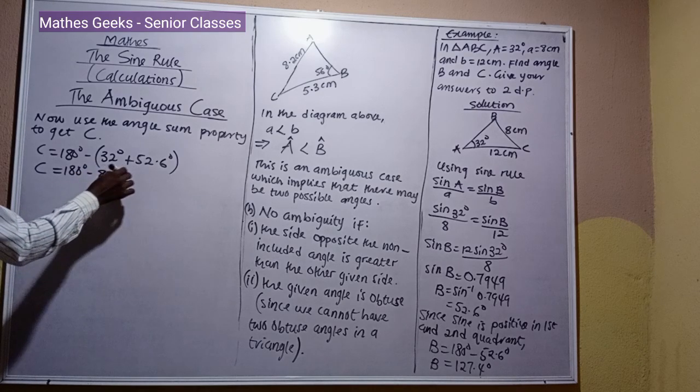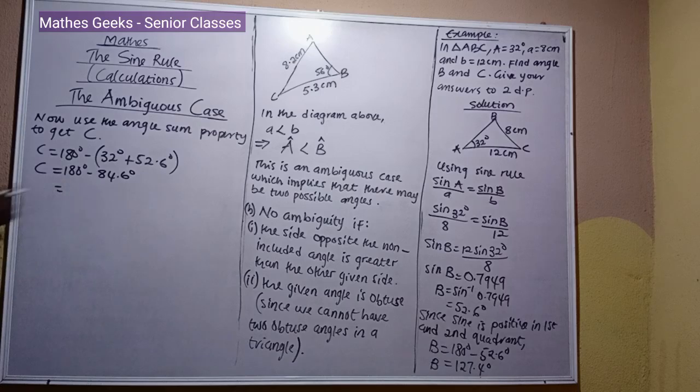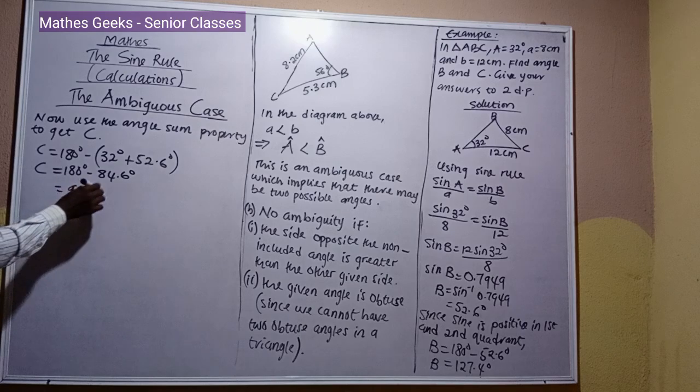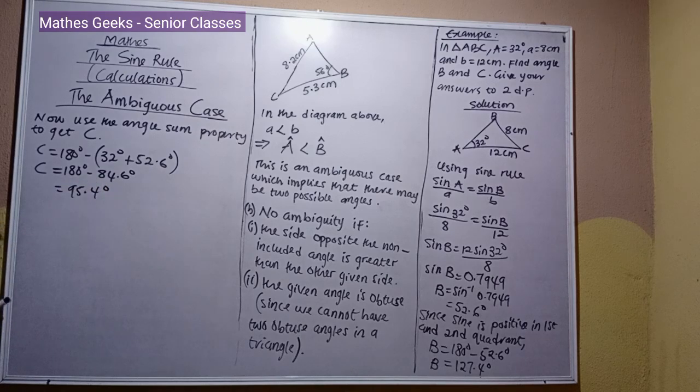84.6 degrees. So 180 minus 84.6 is 95.4 degrees. Now this answer for C is, so to get the other equivalent,